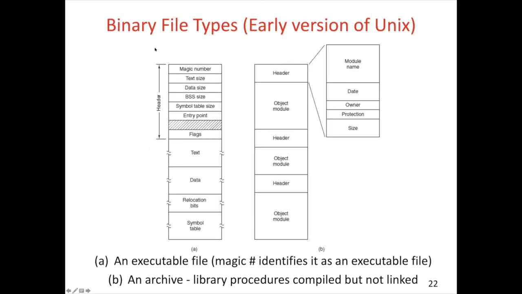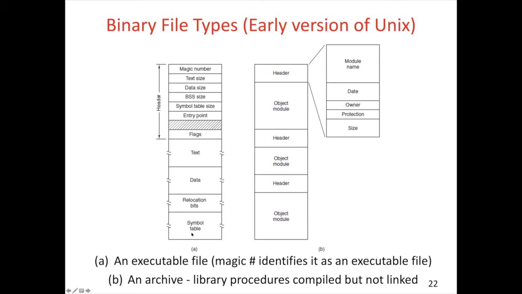In this figure, binary file types for early versions of Unix is given. Here in part A, an executable file is given. Here, the magic number identifies it as an executable file. Then there is information about text size, data size, BSS size, symbol table size, entry point, etc. And also flags. This part is called header, and also there is text whose size is given here, data, relocation